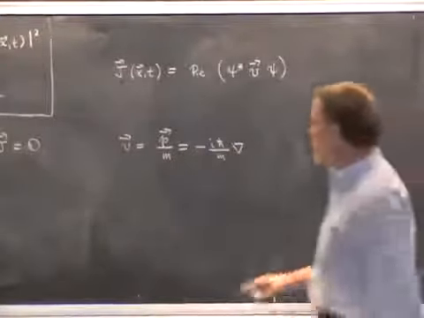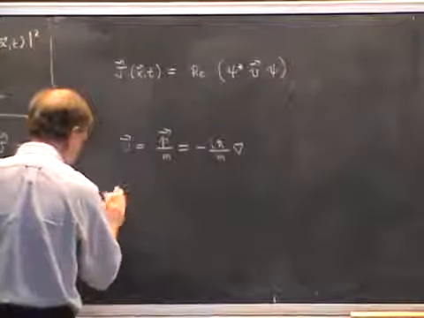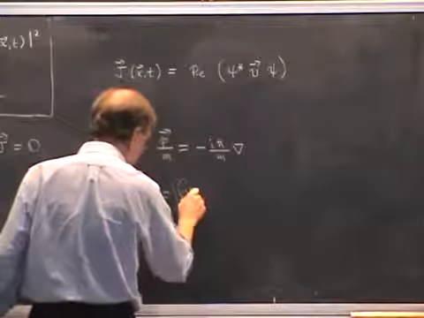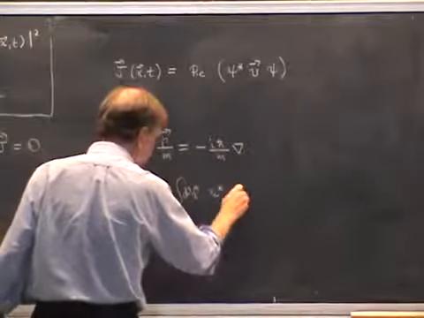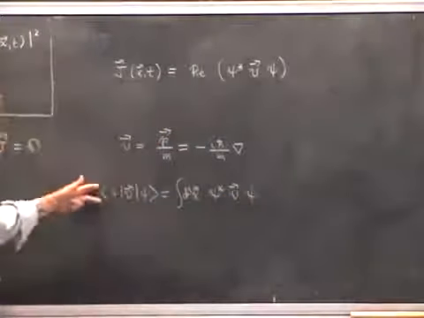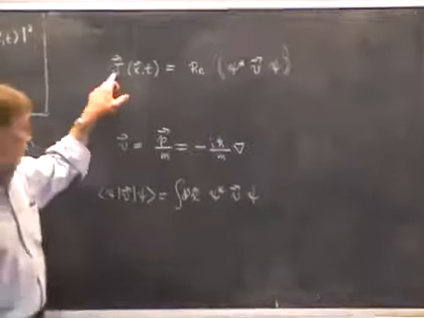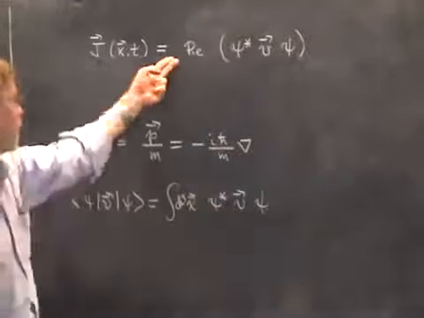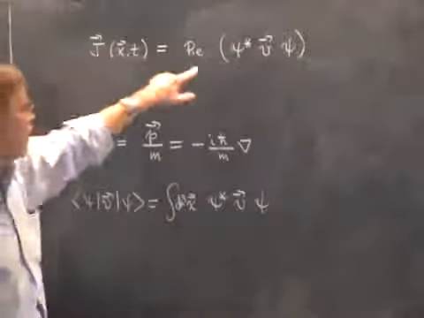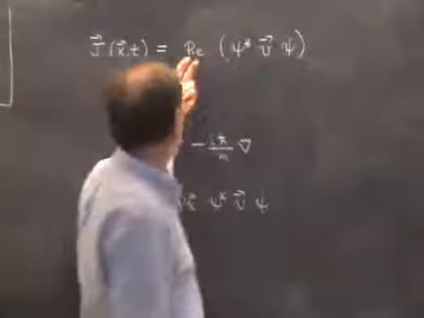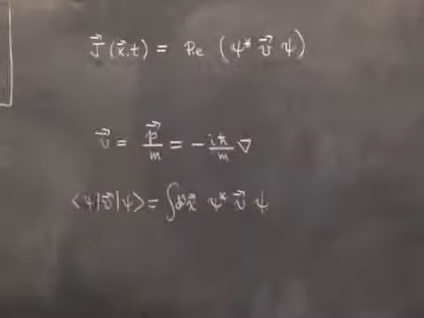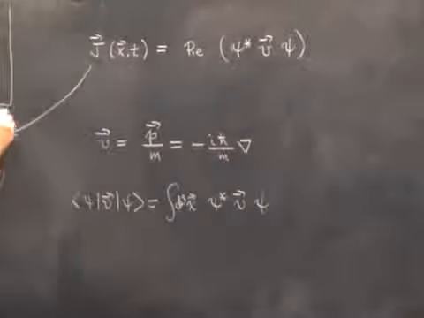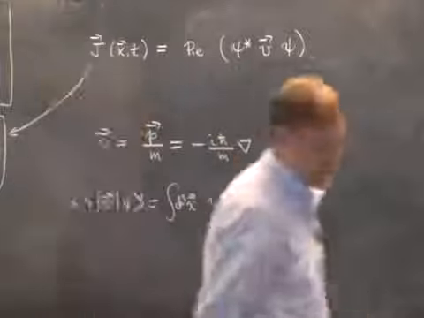If you were going to compute the expectation value of the velocity operator with respect to some state psi, you would, of course, integrate over all space d cubed x, and you'd have psi star times the velocity operator times psi. This is what the expectation value would be. Well, you see the current involves the real part of the integrand of this expectation value. You don't do the integral. So the current is not the same as the expectation value of the velocity operator. And moreover, it's real, as it has to be because the current has to be real. So now it's just an exercise using the Schrodinger equation to show the continuity equation is satisfied with this definition of J.